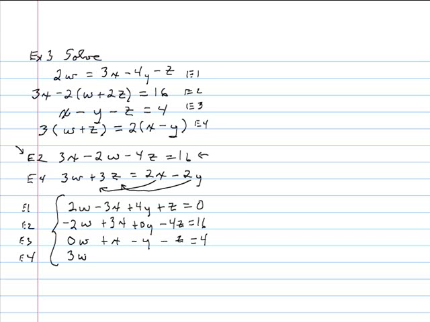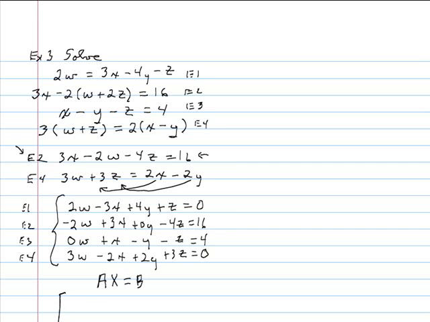So I'll write 3w minus 2x. When the negative 2y comes over, it'll be plus 2y. And the 3z stays where it is, plus 3z is equal to, well, there weren't any numbers again, so again, that's 0. So now I want to write it in the form Ax equals B. But again, to save time, I went ahead and put that